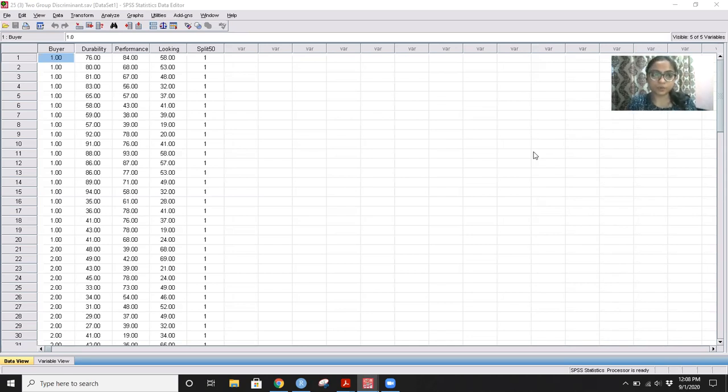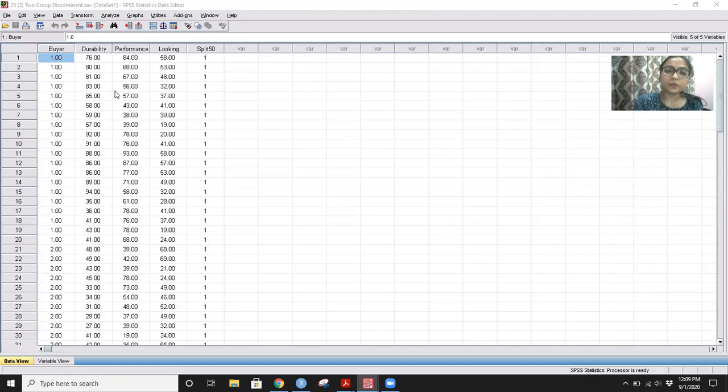So, describing the data set, I have on the dependent variable, buyer, that is my dependent variable, which is categorical. It has two categories, category 1 and category 2, where 1 means that the person bought that particular product, here being a bike, and 2 means that the person did not purchase that product. So my dependent variable is a potential buyer, whether he purchases a bike or whether he does not.